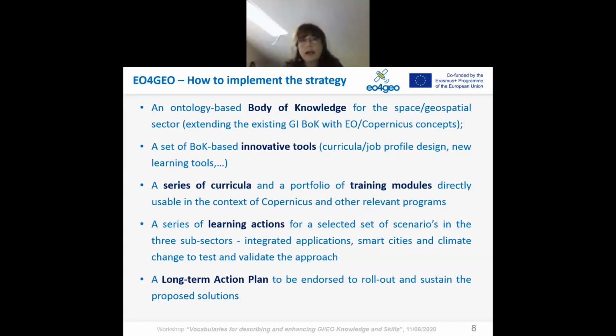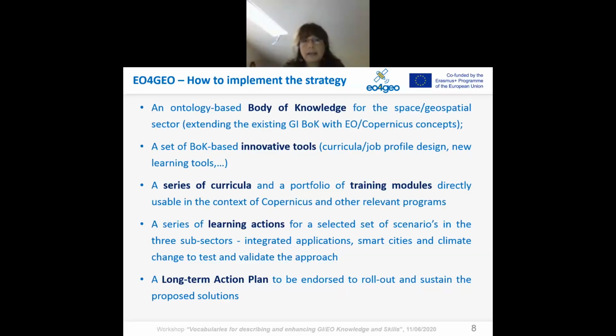So through this project we are implementing an ontology-based body of knowledge in the geospatial sector, a set of innovative tools based on the body of knowledge, which will enable, in our intention, the stakeholders using them to speak the same language in some way. Also, based on the analysis we performed in the first part of the project and still ongoing, through the analysis of business processes and related occupational profiles and tasks,